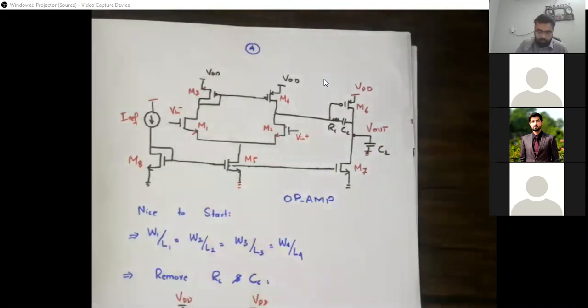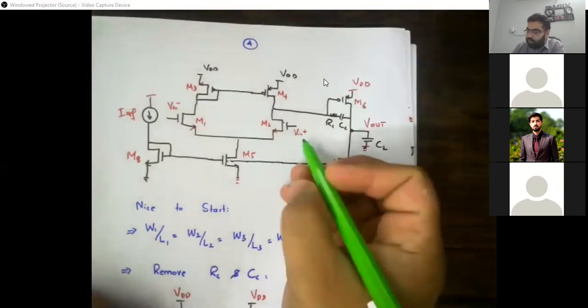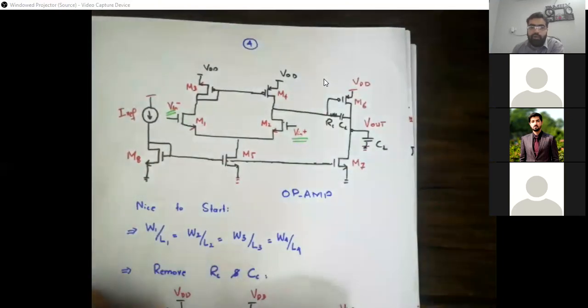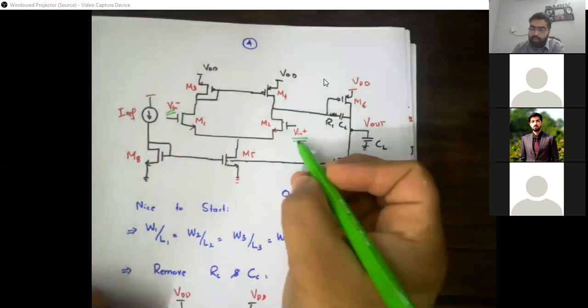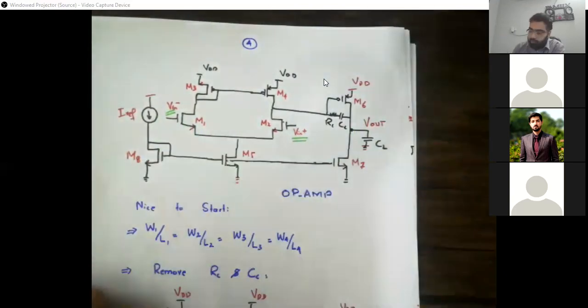So that's a nice point to start. So let's see how many stages. That's all the time we have to see, go from input to output. So this is our input, and all of us can see it's a differential input, and we have a single-ended output. So it's not a fully differential topology, but still the inputs are differential.